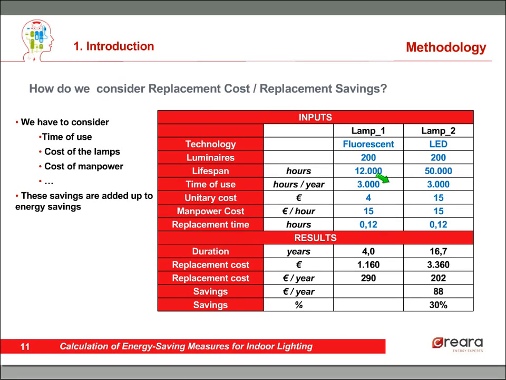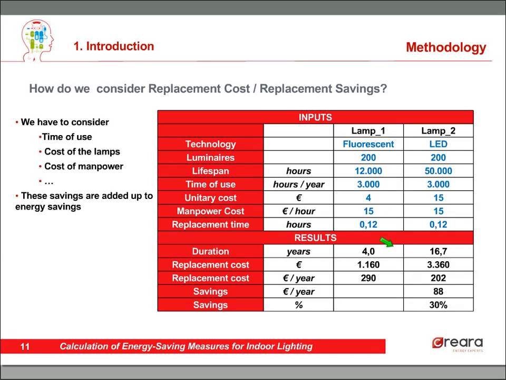And the unitary cost of the luminaire here would be 4 euros for the fluorescent, 15 euros for one LED. And we're going to consider also the manpower cost, 15 euros an hour, and the replacement time is 0.12 hours. Okay, with these inputs,